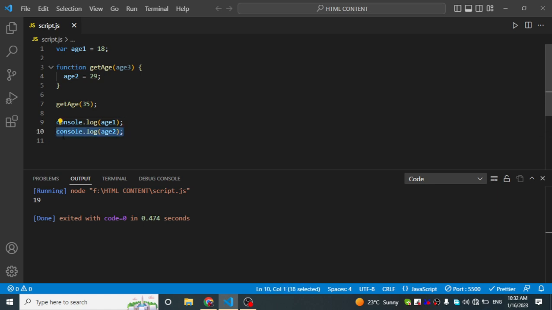If I print console.log of age3, you guess the output. The output will be